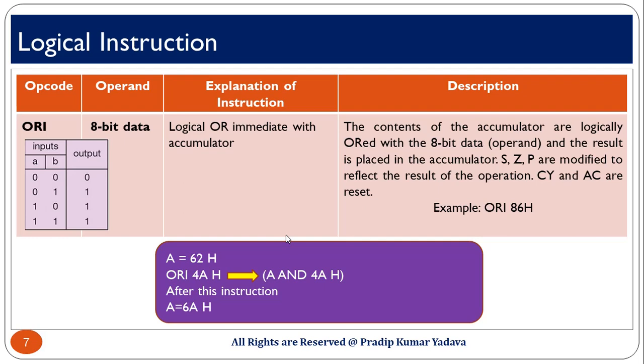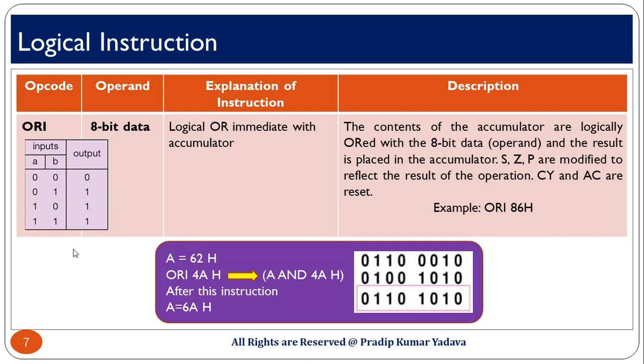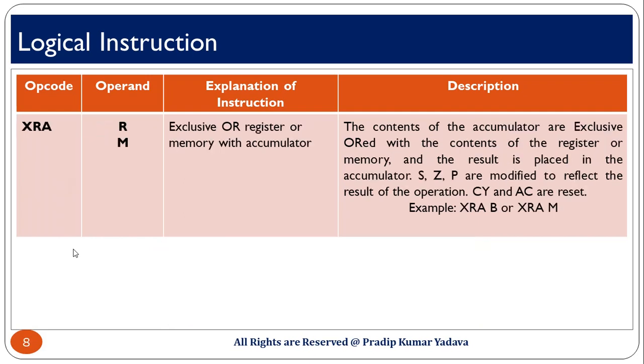Basically, you have to remember this table, then you can easily perform AND operation, OR operation and next XOR operation, because we are using a table for AND, a table for OR, and also we are going to use a table for XOR. If you remember these three tables, you can easily solve any problem related to AND operation, OR operation and XOR operation, because whatever operation we are performing totally depends upon this table, means input and output.